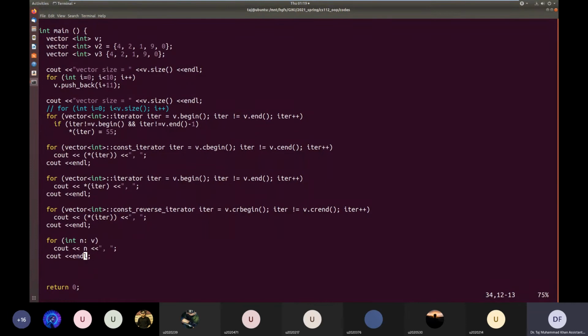It is really that simple syntax, and the chances of making an error exceeding the range, because there is no concept of start index, end index, so there is no chance for us to access something beyond the boundary of the vector. Everything is handled internally by the vector, by this range for loop. So let us see.